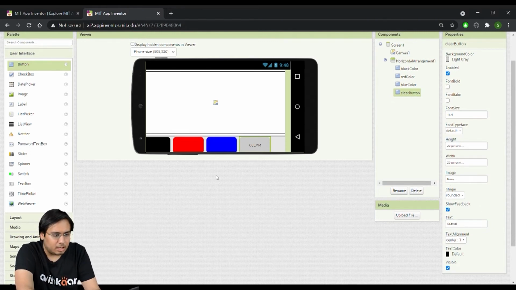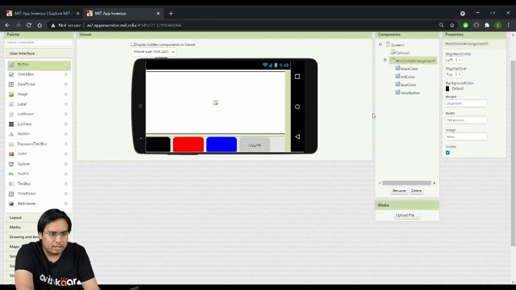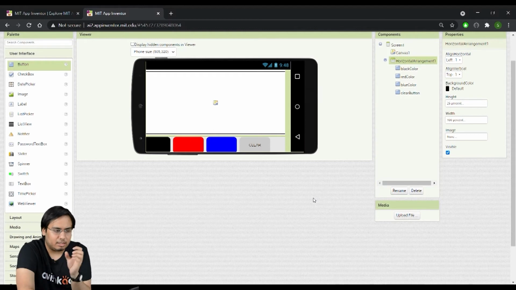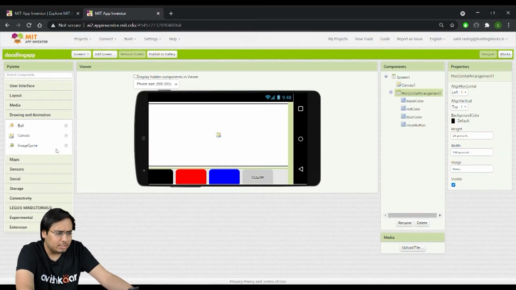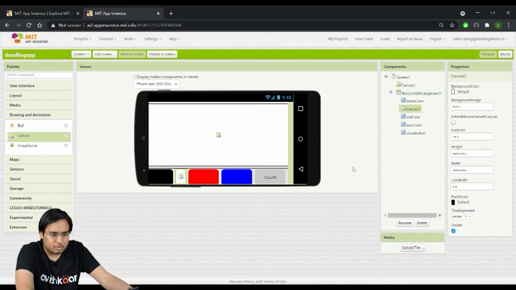Alright. Now what more I'll do is I'll add a little bit of spacing between all these buttons, so that they appear further apart. Now to add spacing, we will again use a blank canvas only. So one I have put between red and black, one I'll put between red and blue, and another one I'll put between blue and the clear button.